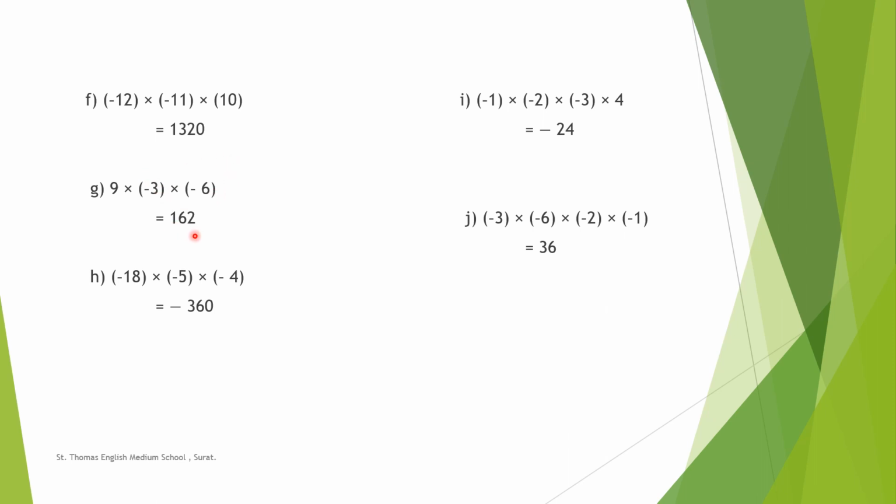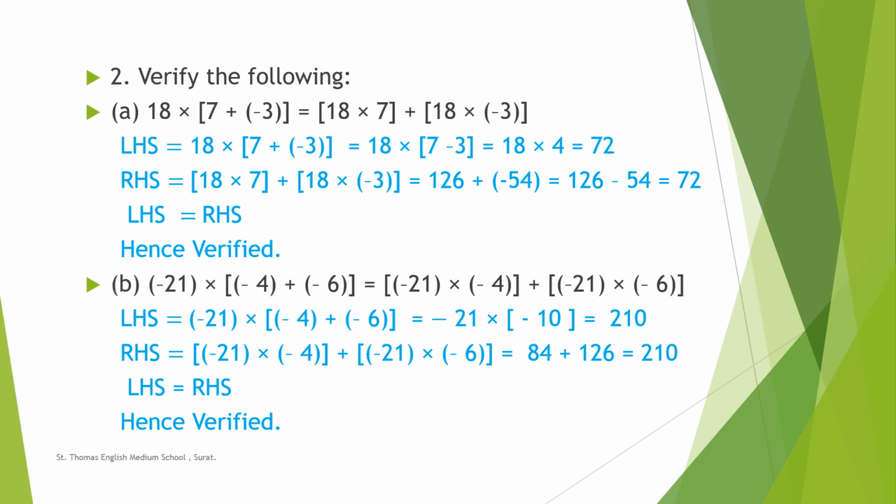It's clear? The same way, H, I, J, you can do as homework. I already solved them here. No need of copying from here. First you solve yourself and check the answer. Clear? For that I have written them here. I am not explaining here. It is just multiplication only. You can multiply yourself and check the signs also. And you have to write yourself and check whether your answer is correct or not. It's clear? So H, I, J is homework for you. Clear?